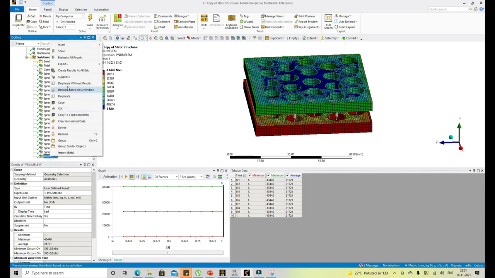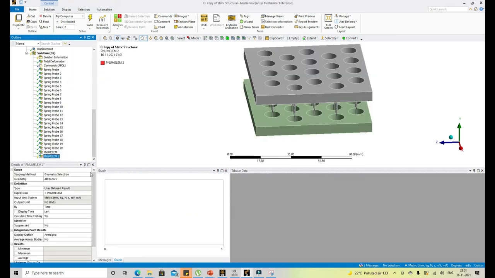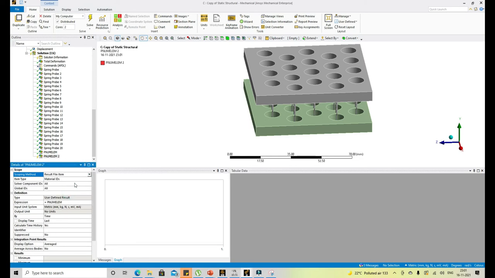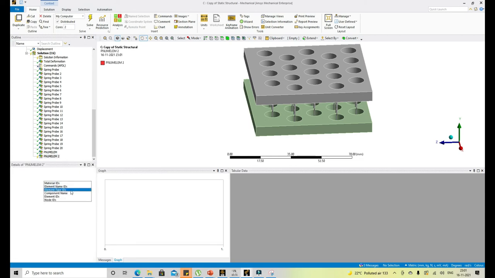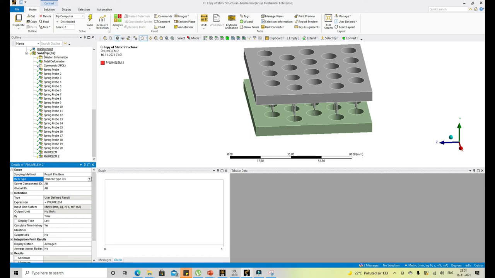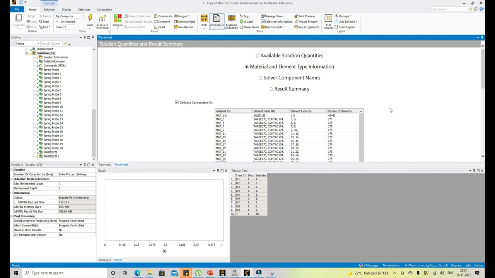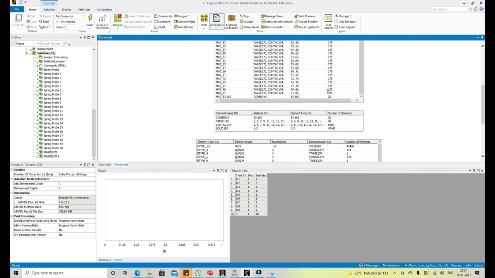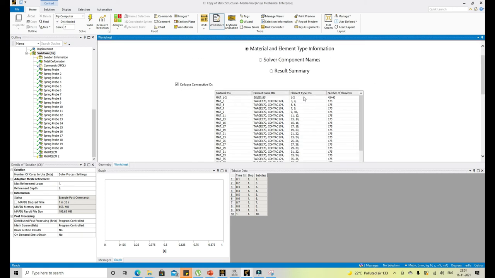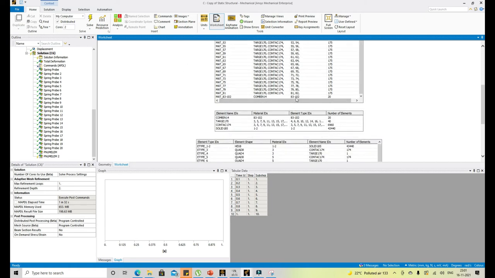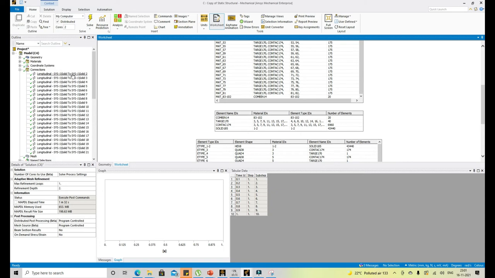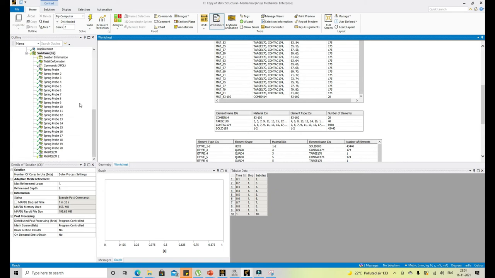Now, suppose I duplicate this one, duplicate without result, and use a result file item, element type ID. You can also use material type ID because they are also unique. Then go back to the solution and again check the associated element numbers. Like in this case, if I look at this element type ID, it is starting from 83 and going till 102. So suppose I want to check the element number associated with the first spring that got created in the model, that will be 83.